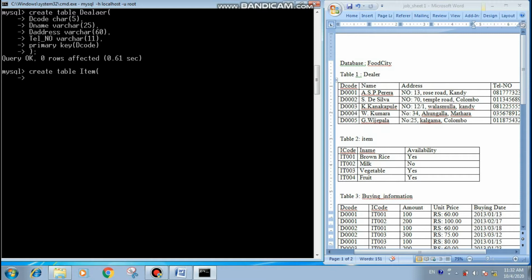Likewise we can create the item table. Here I want to tell that we use char for fixed size text and varchar for variable size text.